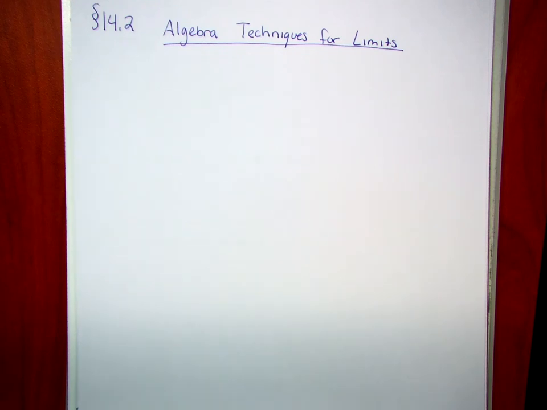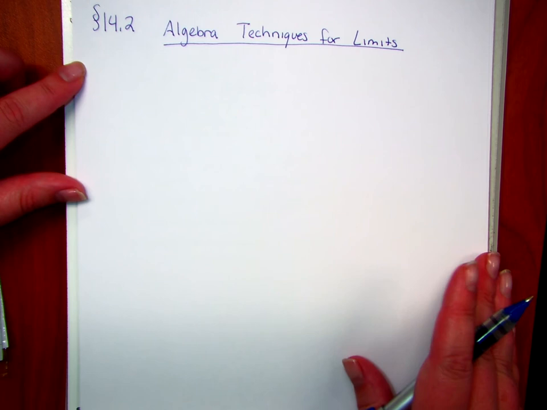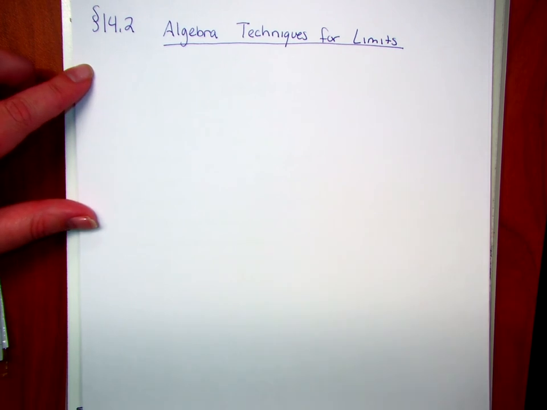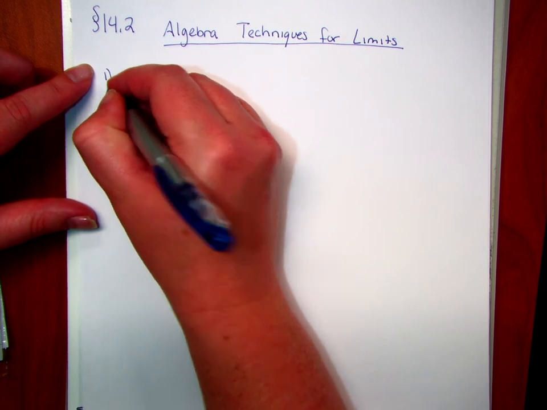Right, in section 14.2, we're going to evaluate limits, but we're not going to use a table or the graph. We're going to use some algebra techniques. So I have a list here of 5 plus 1 rules that we're going to use to evaluate the limits. So the first rule we're going to look at